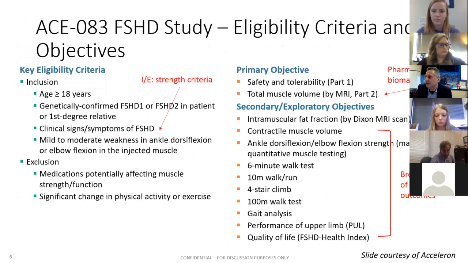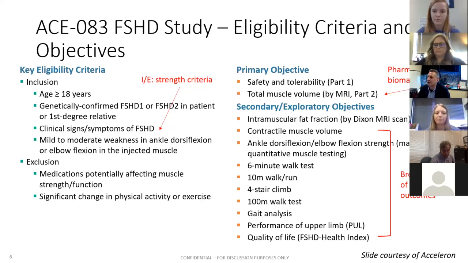When we look at the inclusion criteria, they actually used a measure of strength to help select people. They made an assumption here that the best muscle to measure would be one that was affected but could still move. So they had this degree of strength. Either you had to have some weakness, for example, in the ability to dorsiflex your ankle but still be able to do it, or